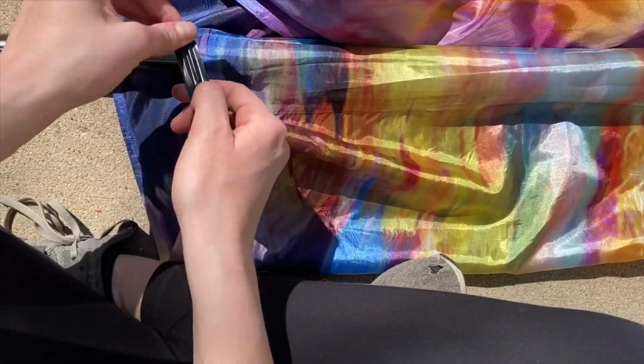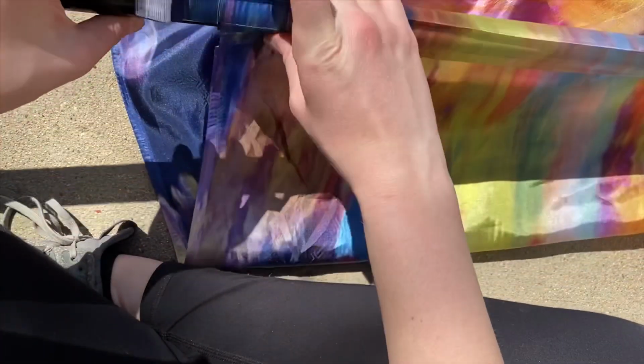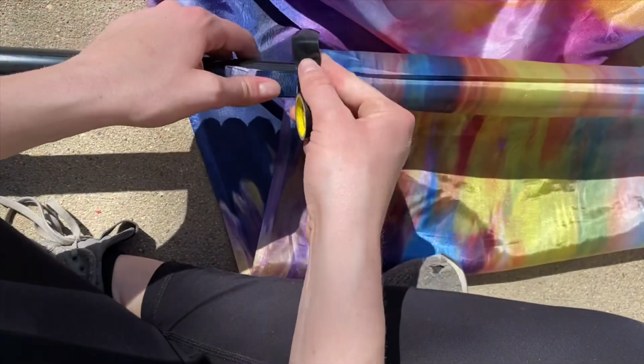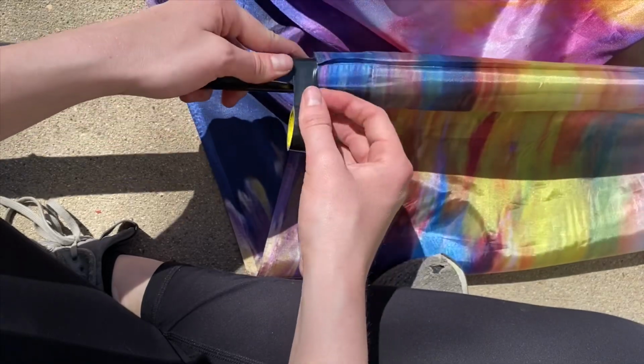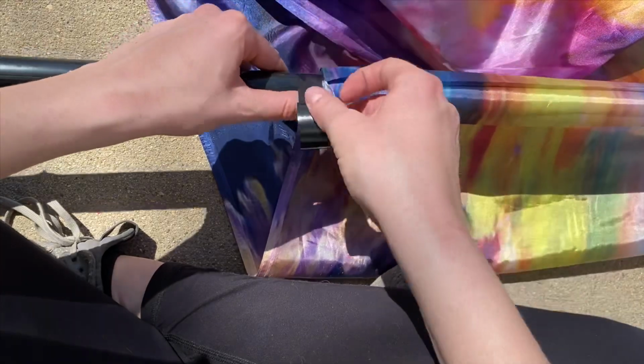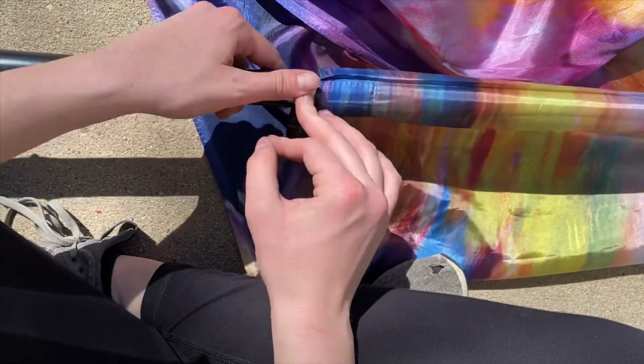And then you'll want to make sure that your casing is straight on this side. And we'll do the same thing that we did at the top. Tape it over, flip, tape, flip,